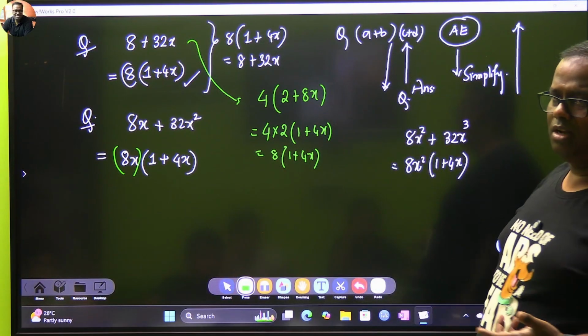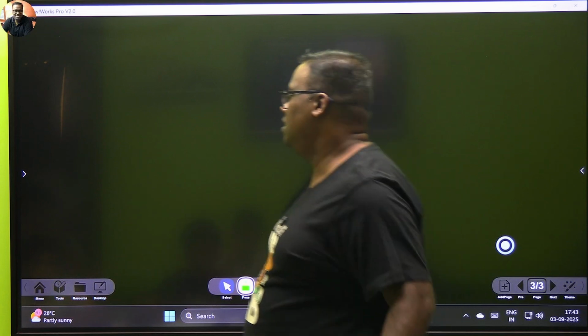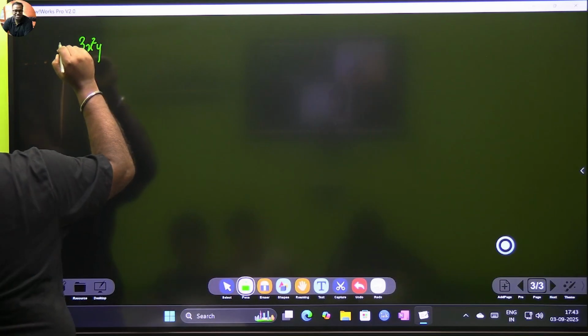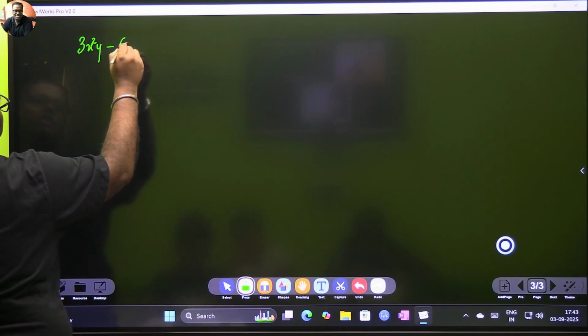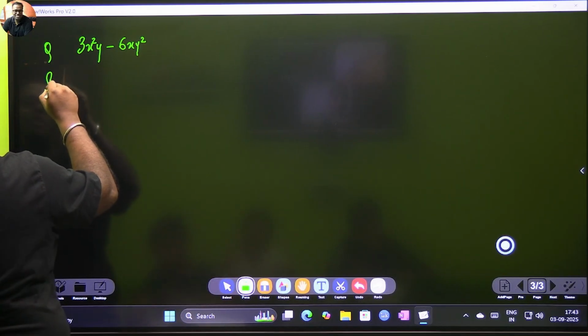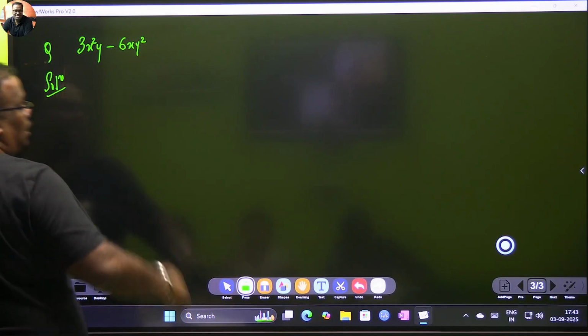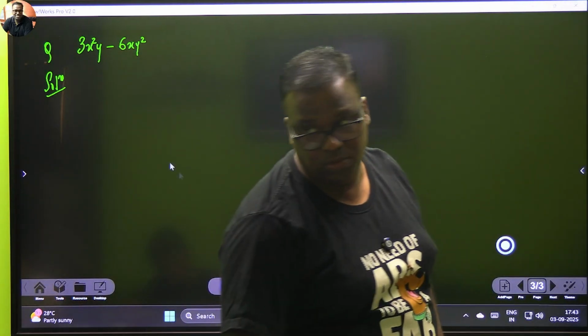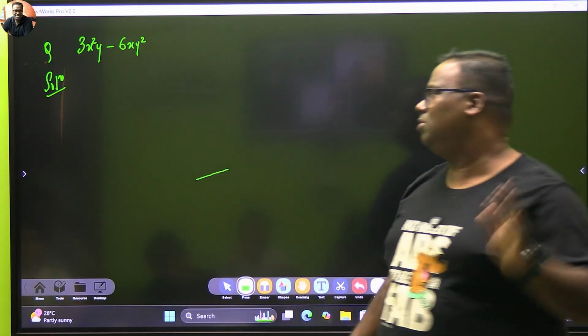Shall we go ahead a little bit now? One step higher problems. Okay, let's see whether we are able to do it or not. Don't look into the book, otherwise the pleasure will go away. 3x square y minus 6xy square. Now there's a trick. Now the question comes, sir, you said become a Dracula and you took all the simple problems. How do we do this problem?